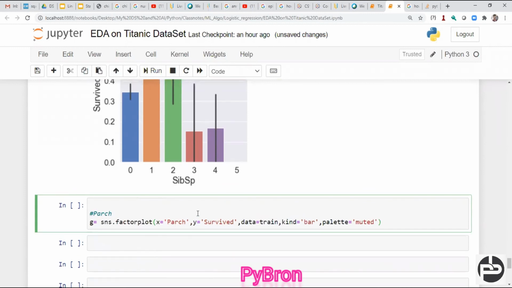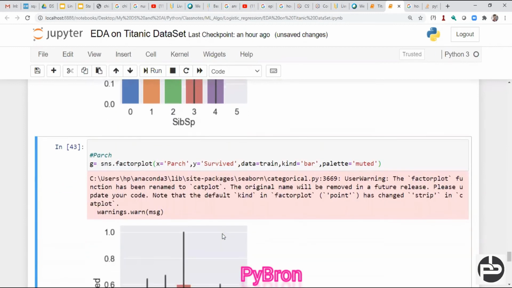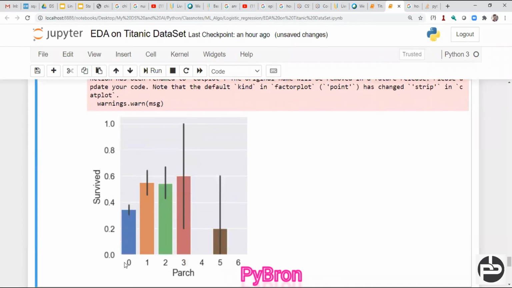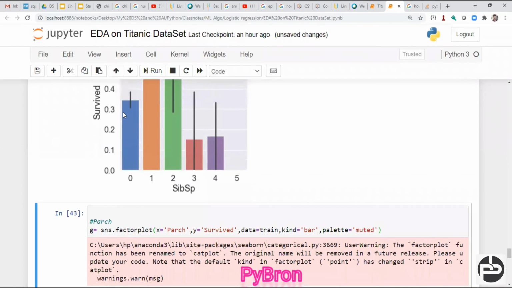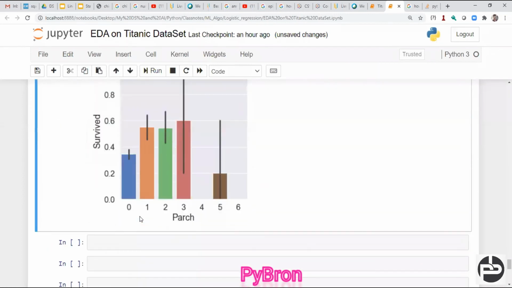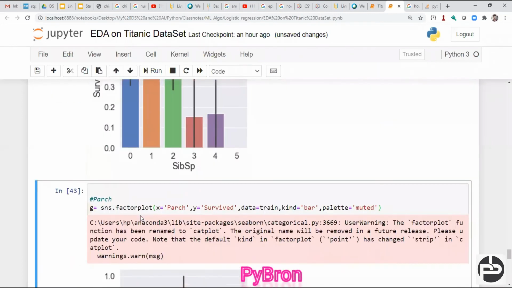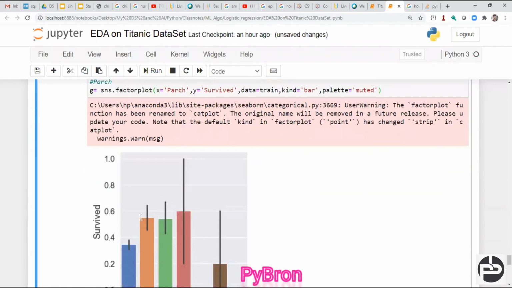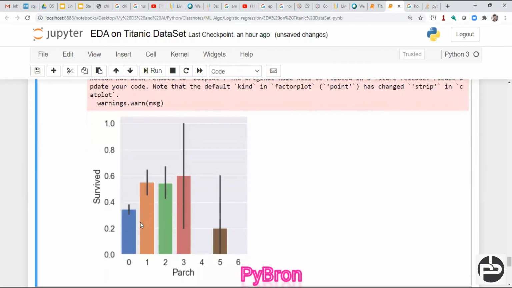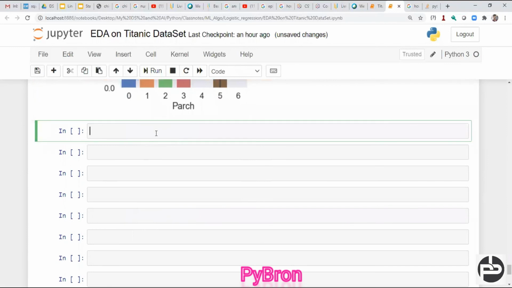If it is a positive relationship, then it should always display the same thing. See, Parch 0 has the lower survival rate. Similarly, 0 has the lower survival here also. Similarly, you can correlate this graph with the above graph, so there is some relationship of Parch with SibSp. So I can drop Parch, but yes, in the very first go, you should not drop any feature, because each and every feature is important for us.